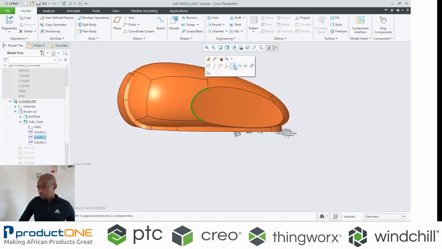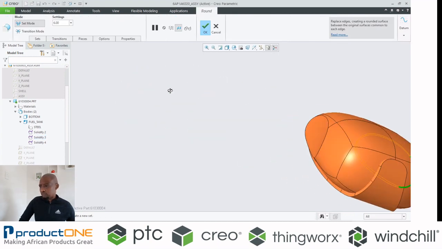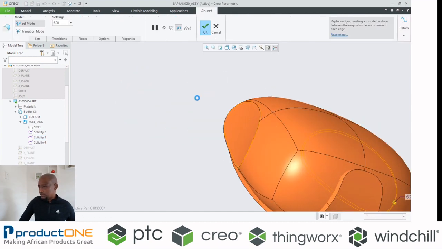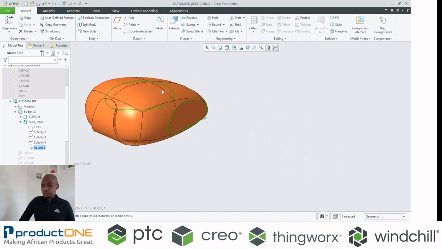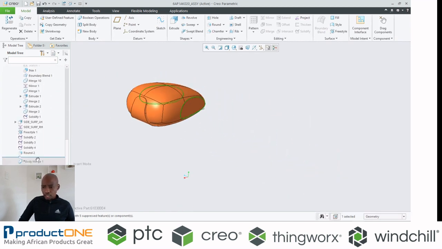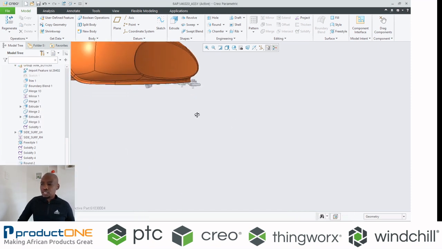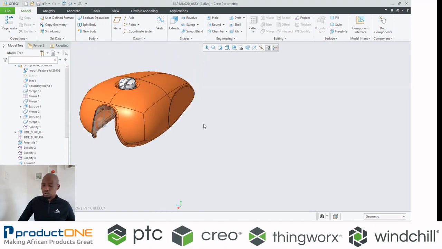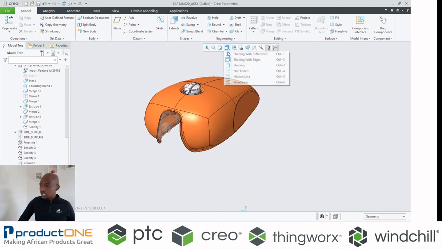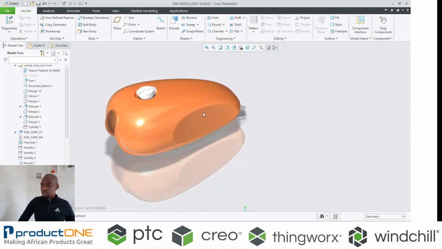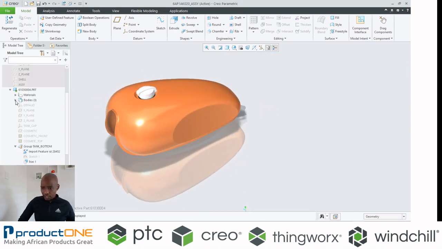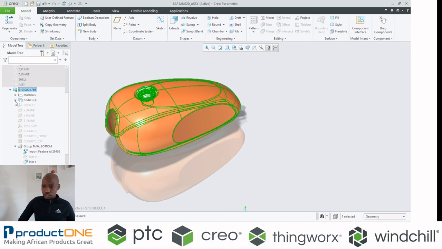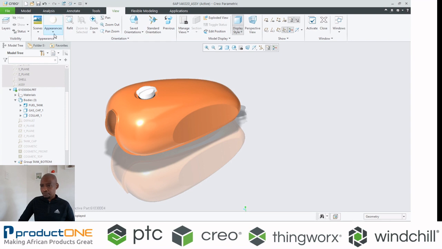And just to make this a lot smoother, let's pick a fillet on both sides, and that's pretty much it. Okay, now I can roll back and see how it looks if I incorporate all those changes. Last but not least, I can now make this look the way I want it to be. In this case, we've got multiple bodies, and I'll show you where the benefit comes in.